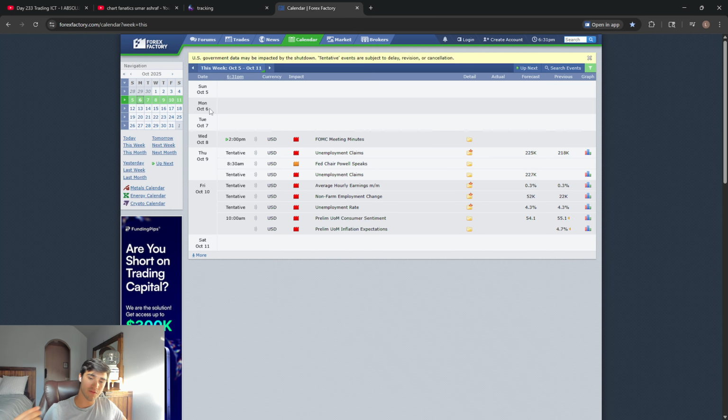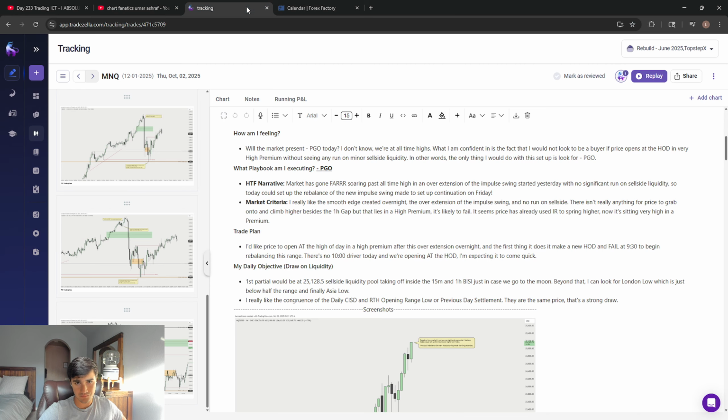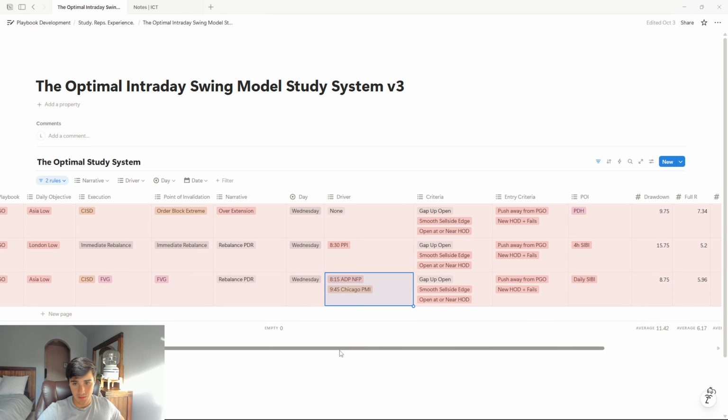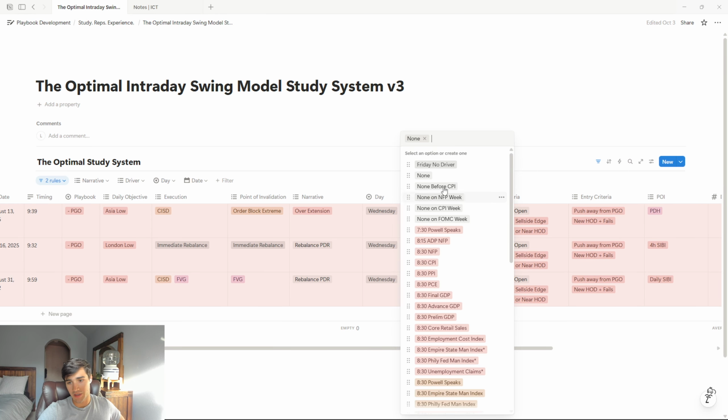We had Monday with no news drivers, so we had a really large move in the overnight session, which is typically what happens on Mondays with no news drivers. We see these wild moves in the overnight session, and then the New York session is typically ass, to say the least. So you have to get really comfortable with the economic calendar,